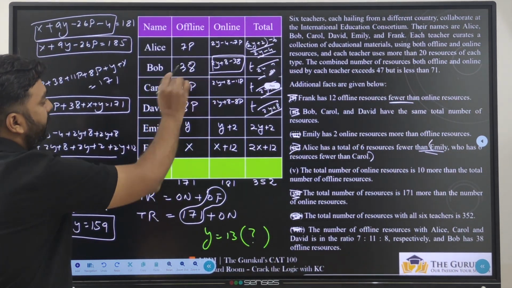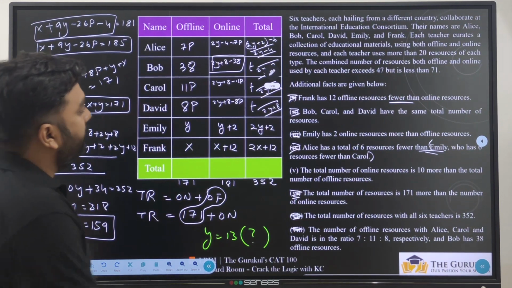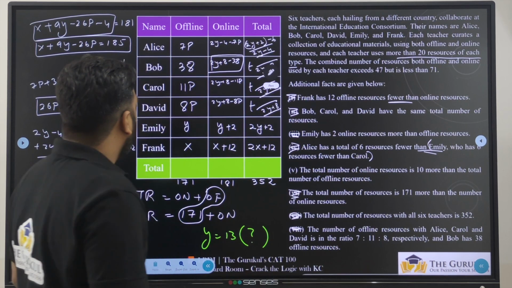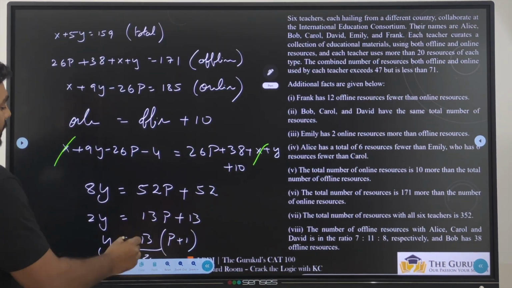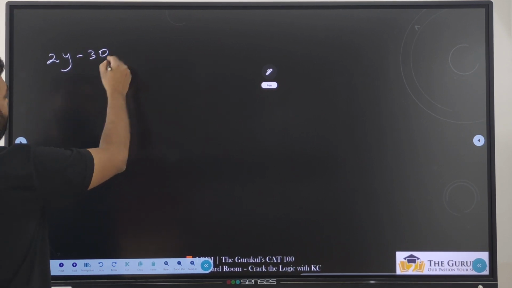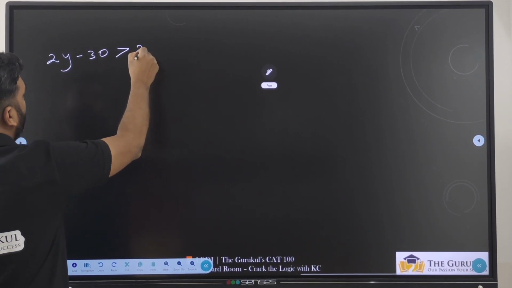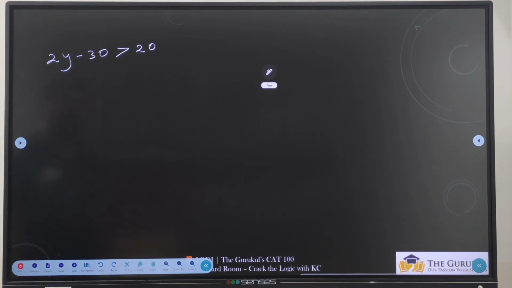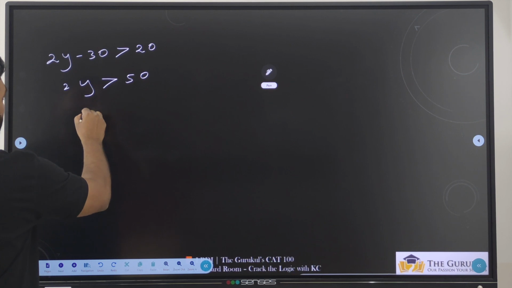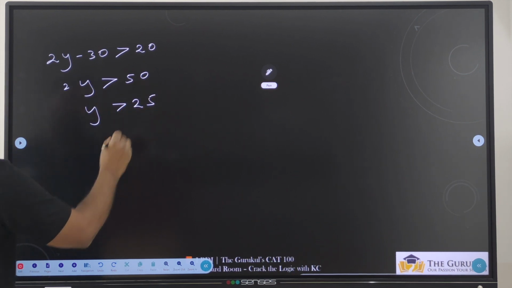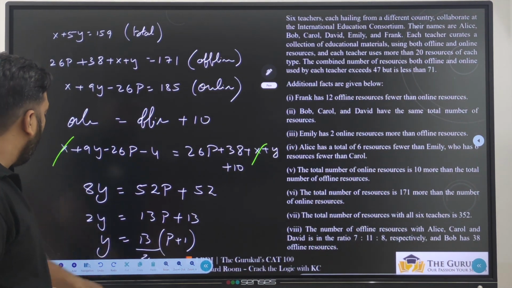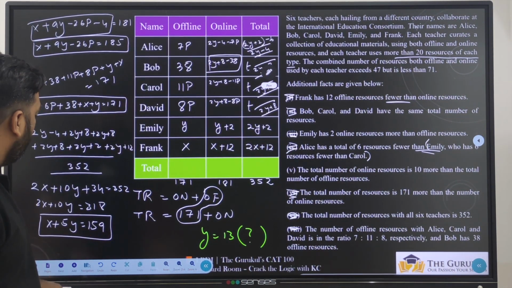Right, this value should definitely be more than 20, because each teacher uses more than 20 resources of each type. So 2y minus 30 should definitely be more than 20. So 2y should be more than 50, and y should be more than 25. And if I want y to be more than 25 and y to be a multiple of 13, then the